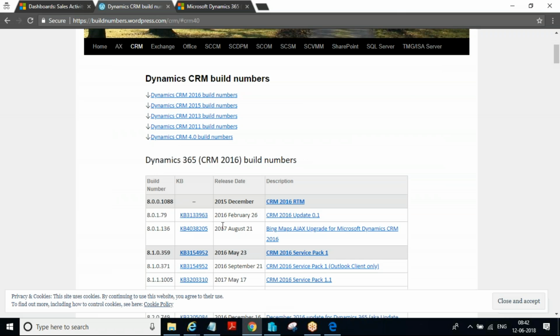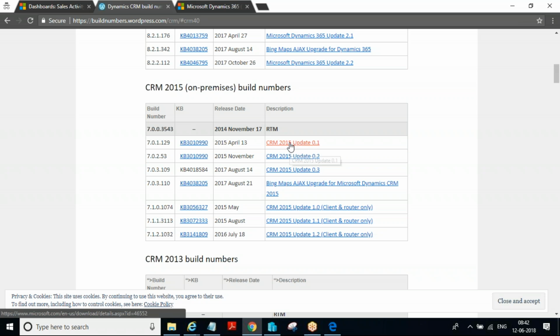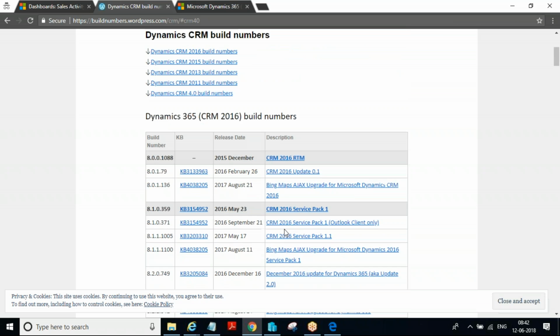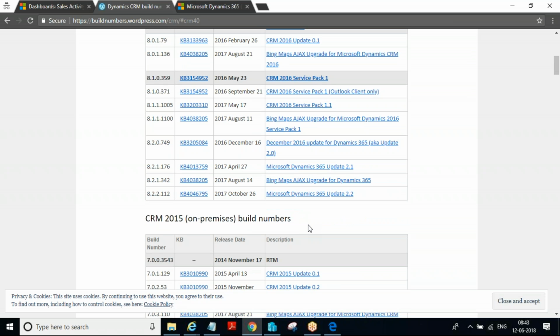While upgrading to the latest version, let's assume that you upgraded it to 15. Now you need to apply all the rollups, then upgrade it to 16 and apply all the rollups. This sequence you have to follow when you're upgrading the system from lower versions to higher versions. And this is required only in on-premise, because in online, Microsoft is responsible for updates. So Microsoft will automatically do the updates in the online version of Dynamics CRM.